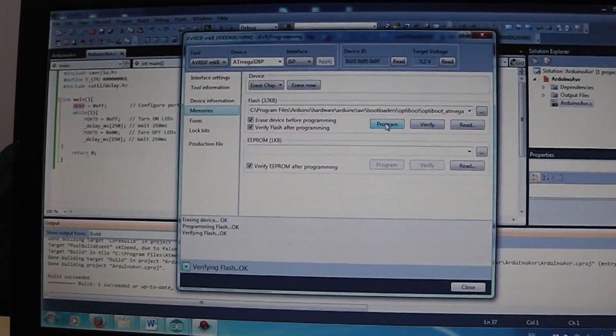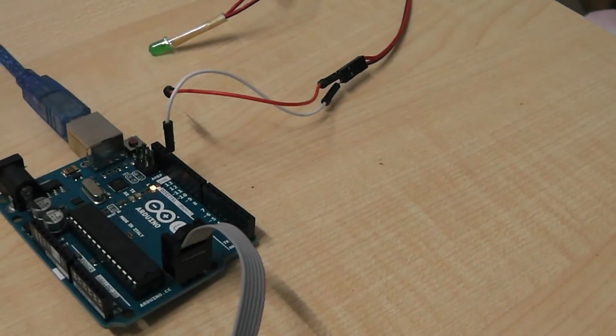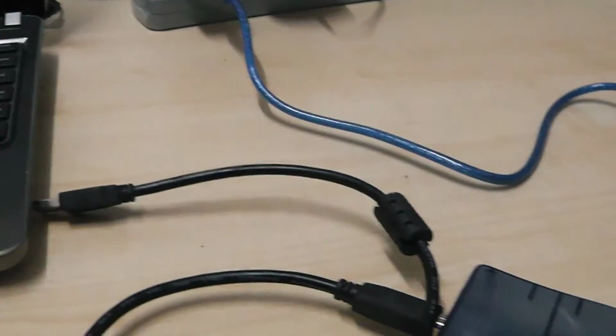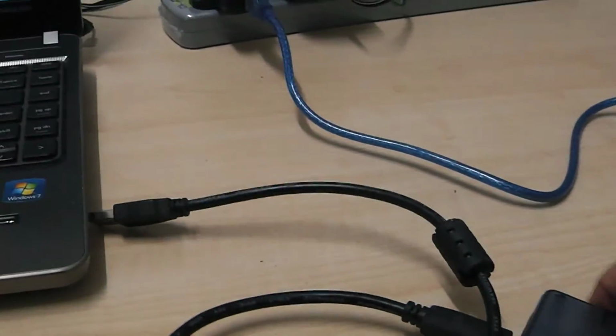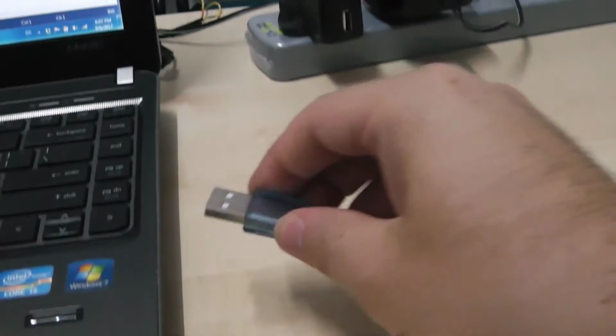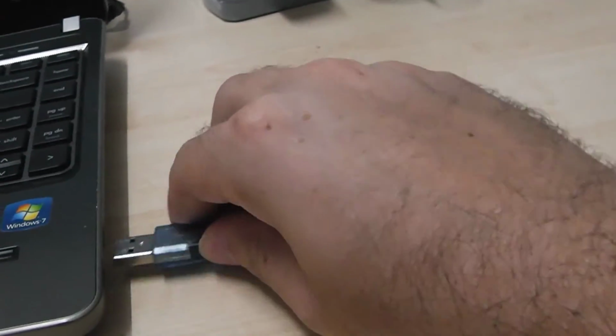As you see, now it's erased the previous program. No LED blinking again, it's just on. Now disconnect the programmer. Okay, remove the programmer, and I can go back and use my Arduino as Arduino platform,